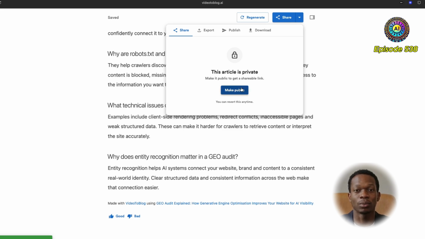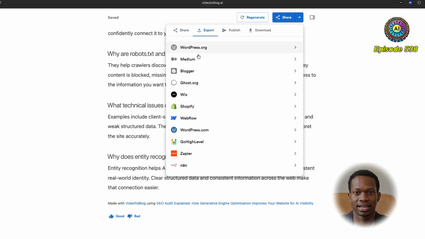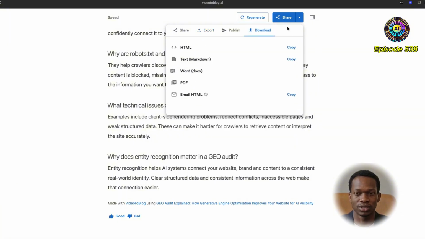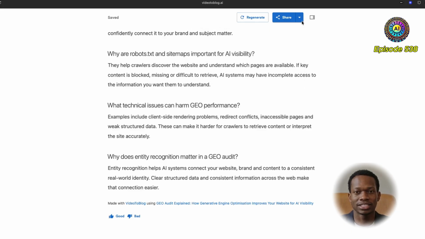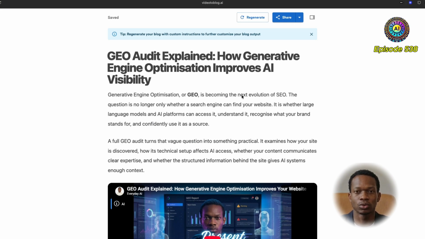If you make the article public, then it will of course be public and other people will be able to see it. You can export it. Okay, they have a few different integrations here, and you can also download it if you wish to do so in multiple different file formats. These guys have really thought of a lot, I have to say. Massive kudos to them. It's quite an impressive tool, I will say. I'm quite impressed with this, and certainly